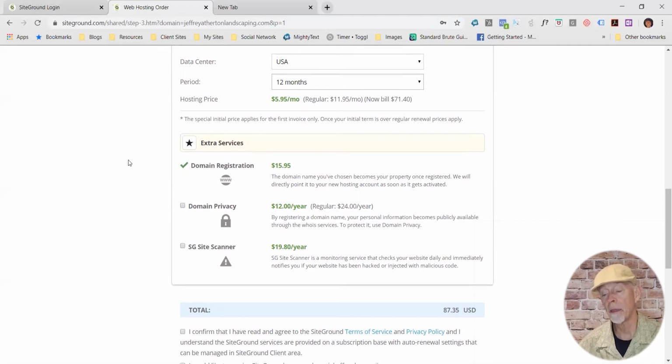You're paying $15.95 for a year of registering that domain. The next thing down is domain privacy. Now, whenever you register a domain, your name and your contact information goes into a public registry and it becomes public information, public knowledge. Anybody can search and find out who has registered